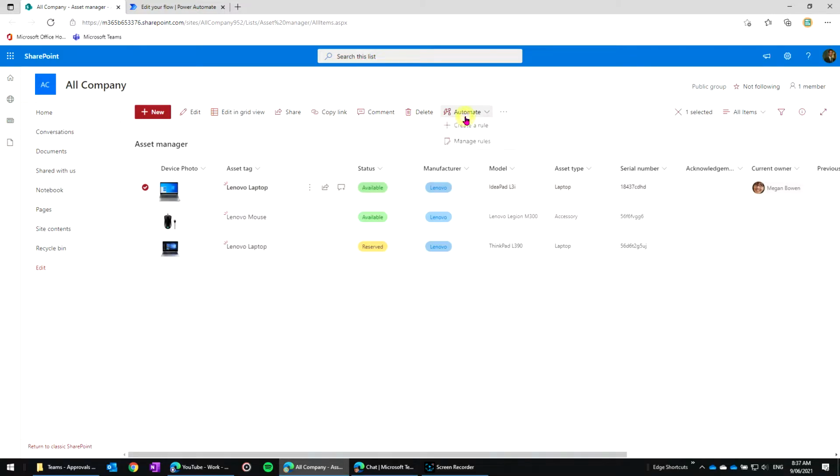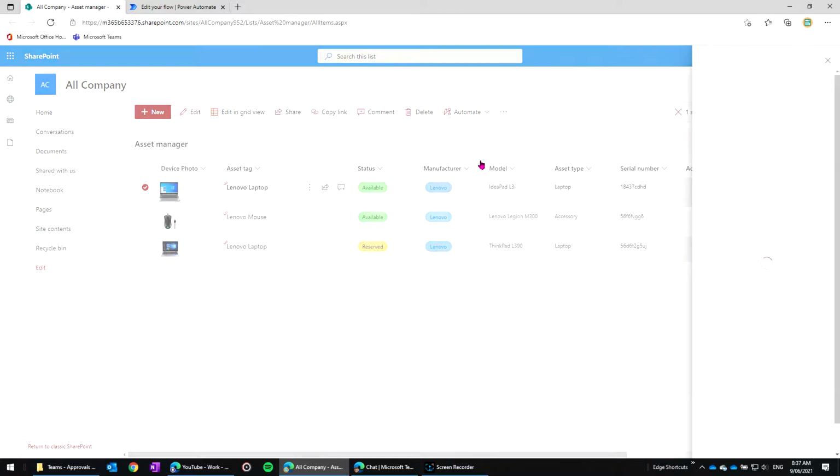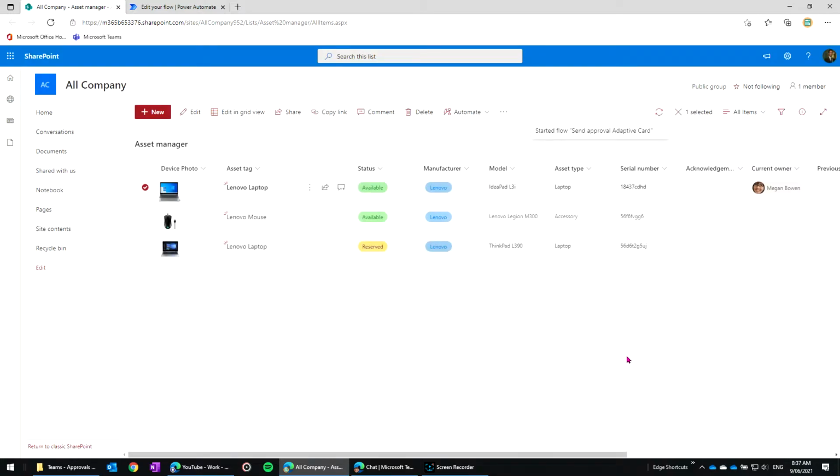go up to automate, and the automation should be there. Yep, send approval adaptive card, that's the name I gave it as the automation. Click on that. We run this flow. Now I'll switch across to Megan's Microsoft Teams login,